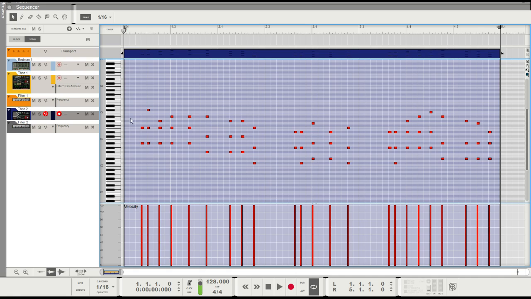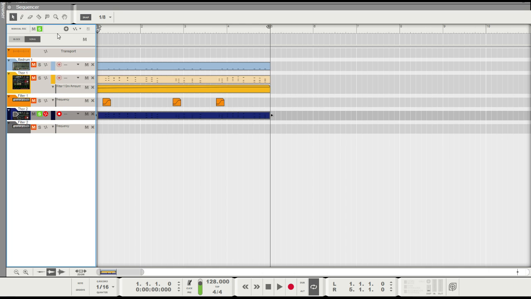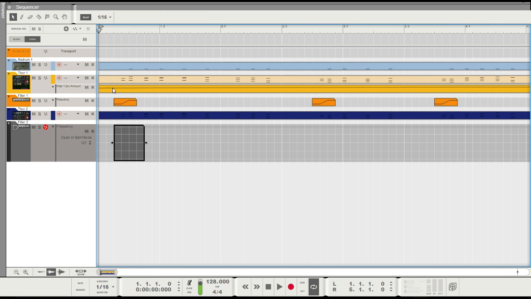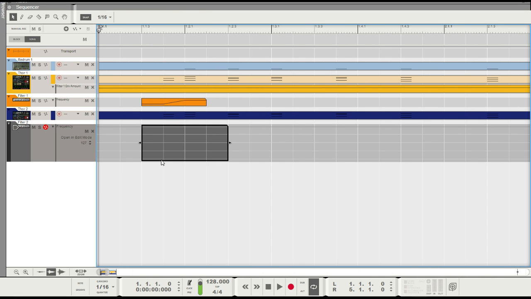Now, the first thing you'll notice when I play this back is that there are some additional steps. And those are there because this is actually quite a cool trick to do. We want a little bit of a fade in for our initial steps for each phrase. And for this, we will use the filter that we've just created, the low pass filter down here. We will just draw in a clip underneath this additional step, open this clip up, and then we will bring the frequency up from all the way down when this initial additional step hits to all the way up when we want our actual